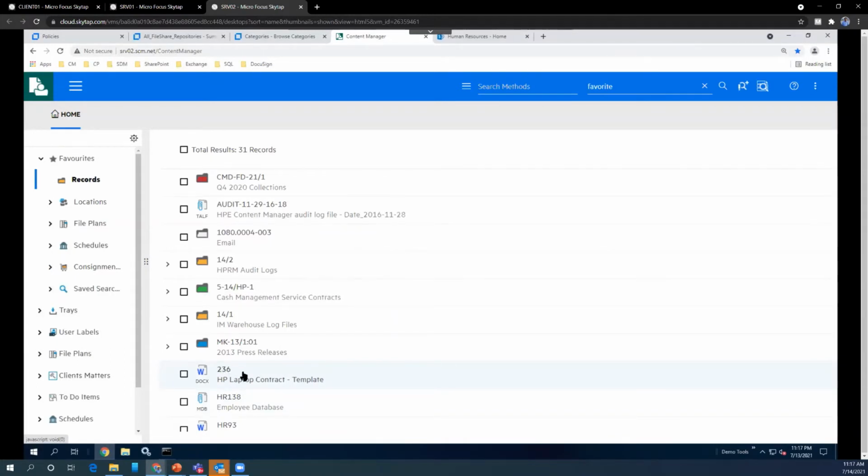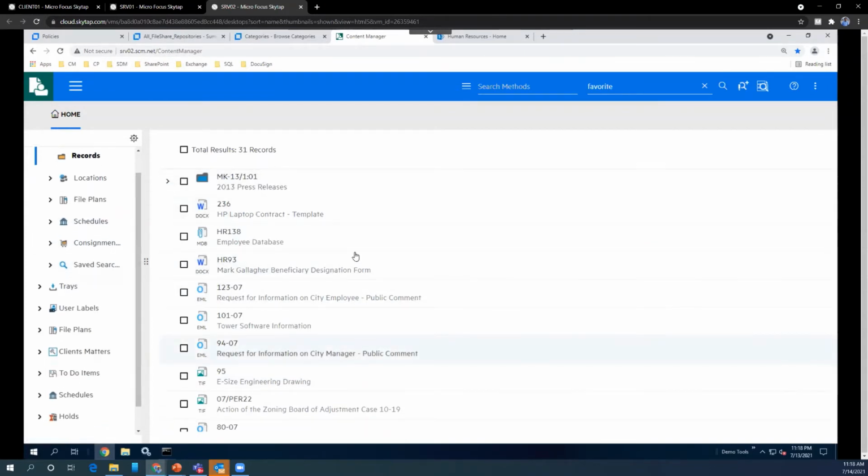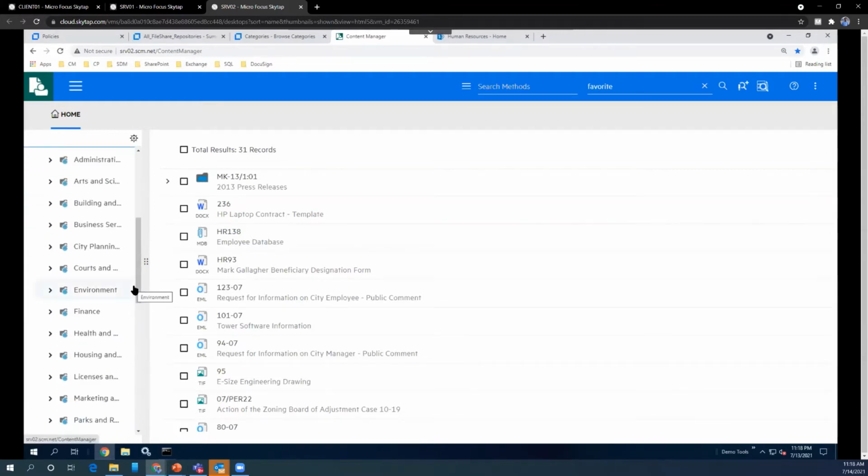You can set how you want the numbering scheme for each record. As I say, the record is the core of Content Manager. Everything you store in Content Manager will be stored as a record. And how does it store? It will be stored in a file plan. The file plan is the structure of your organization, how you want to store and manage your data, and it typically represents your organization structure, the hierarchy of your business structure.